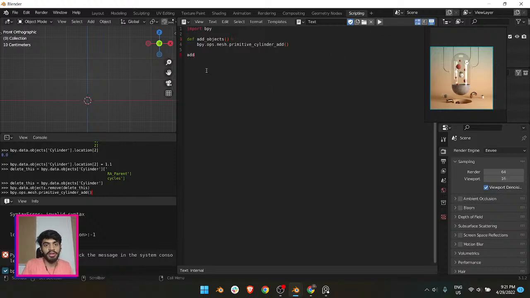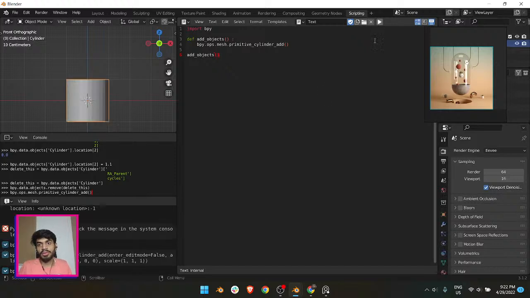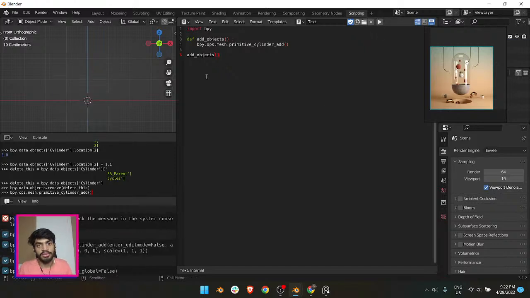Basically if I call the function now, add object, it adds the cylinder, but we don't need that. We need a lot of objects to be imported into the scene, and for that what we will do is